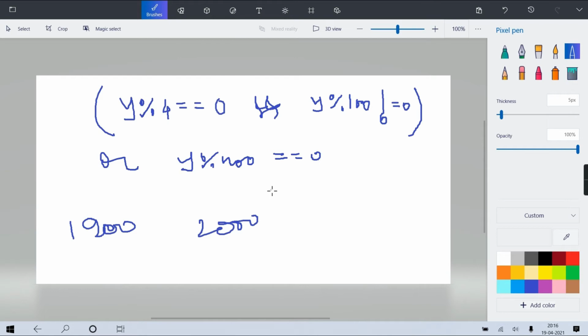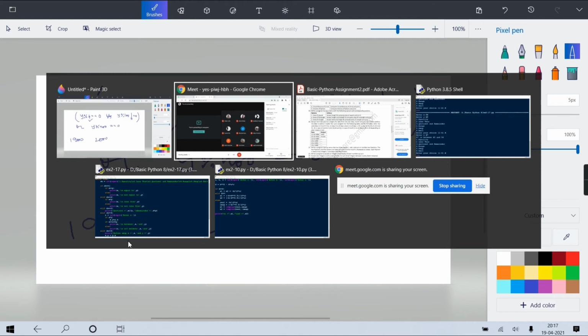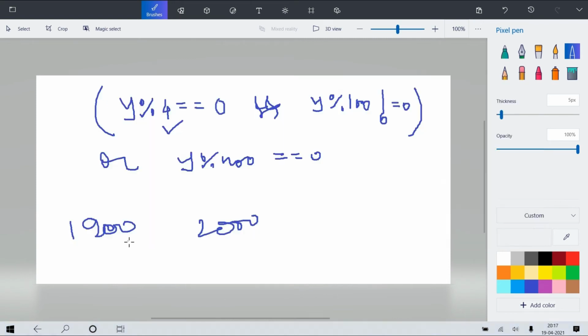You understanding? Why 1900 is not a leap year? If you Google it also, they'll tell you. So 1900 is not a leap year. Why? Because 1900 is divisible by 4, but at the same time it is divisible by 100 also, which ideally it should not be, and it is not divisible by 400. So this also fails, this 400. So this also fails, this also fails. Therefore it is not a leap year. Okay? So first the criteria for leap year is clear to you.